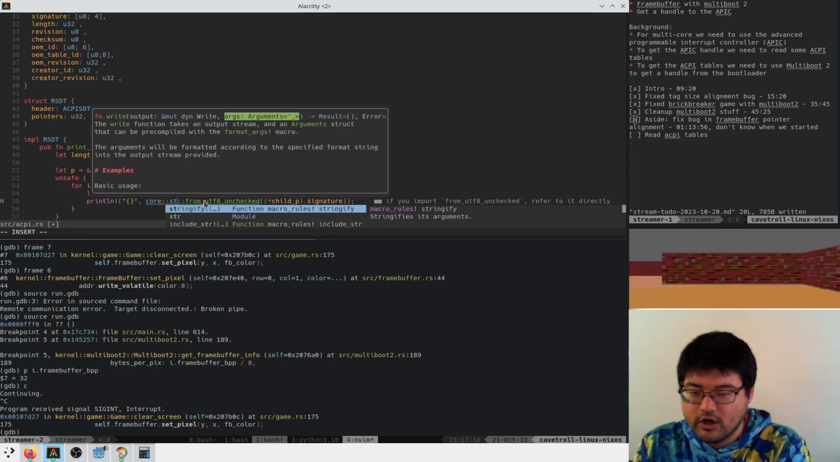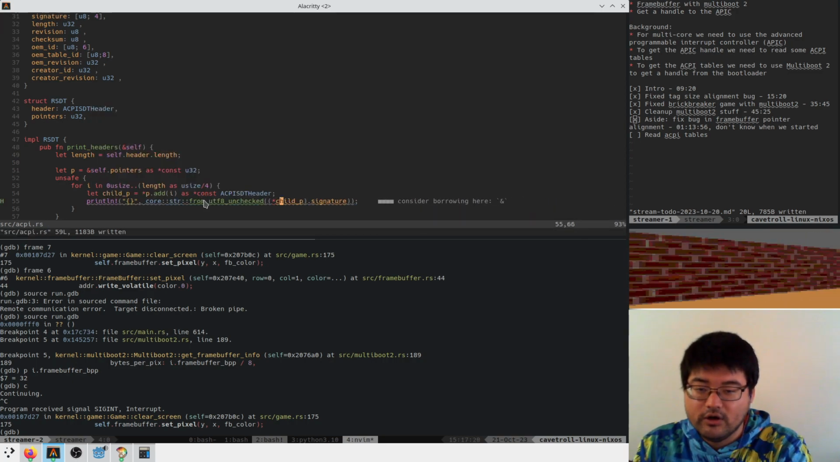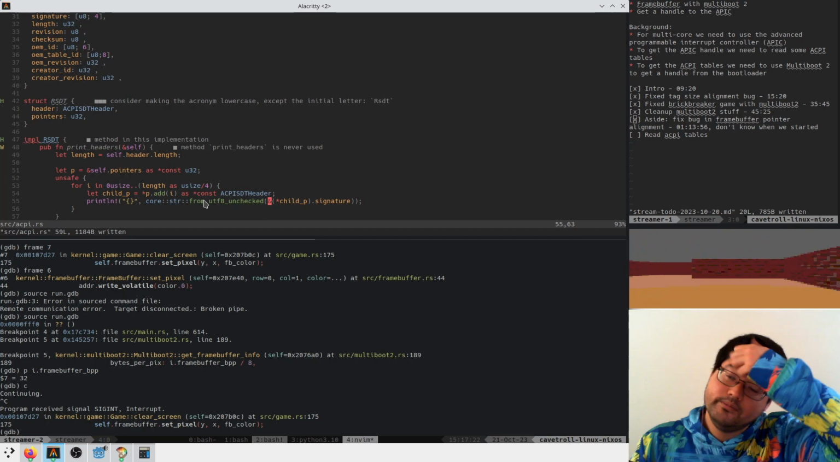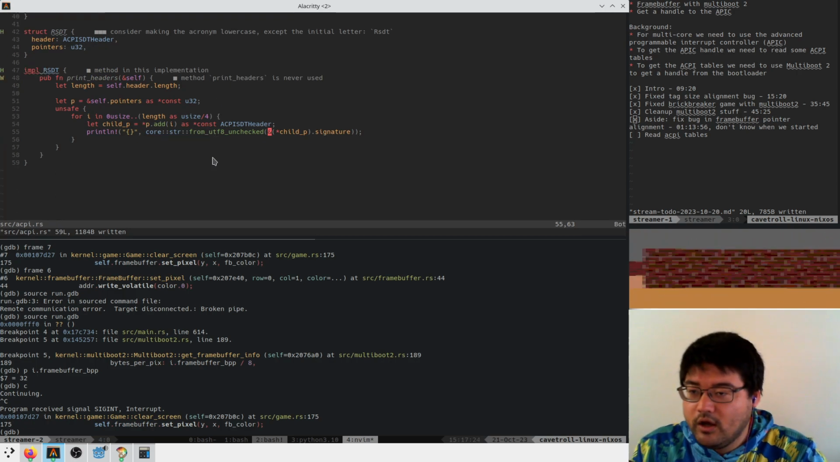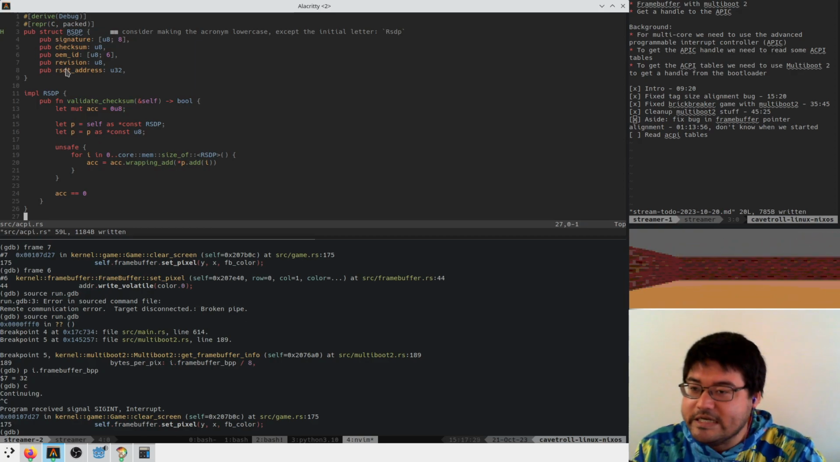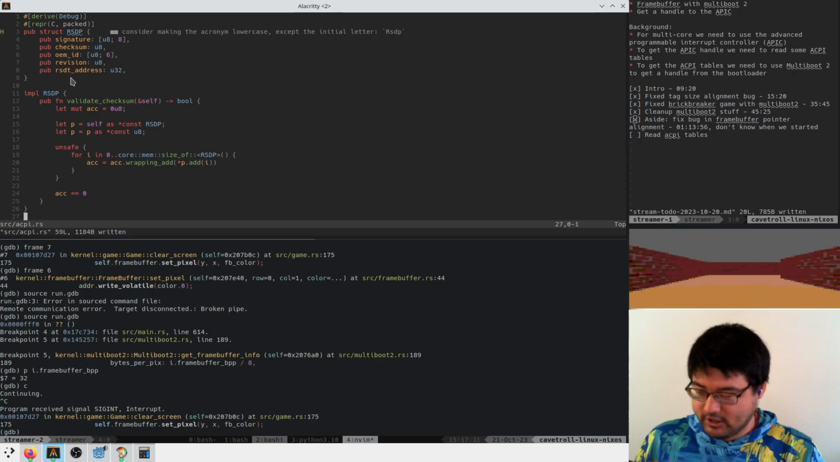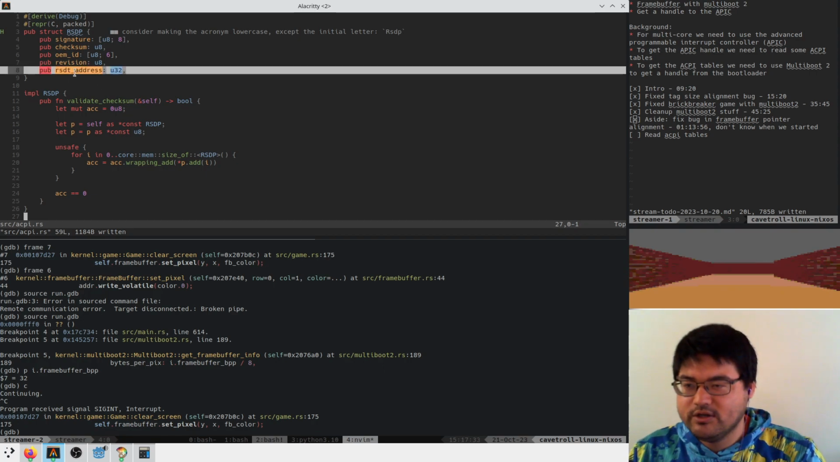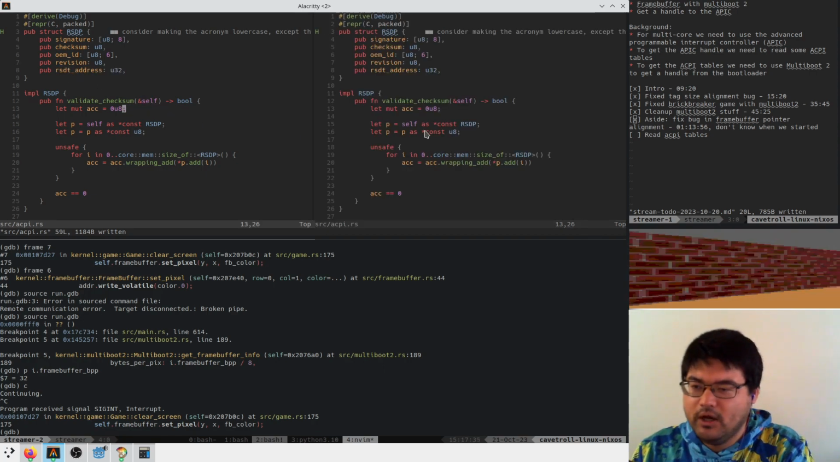And this should be core stir, actually. There we go. And here I need to borrow this guy, like this. Okay, so now I just have to actually get this RSDT from the RSDP. So I guess it's a pointer to the table, and here we have the address. So probably in my multiboot stuff,